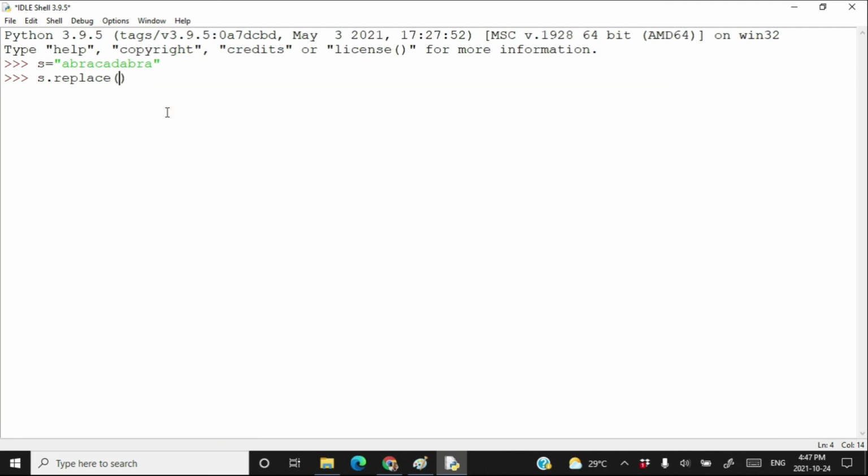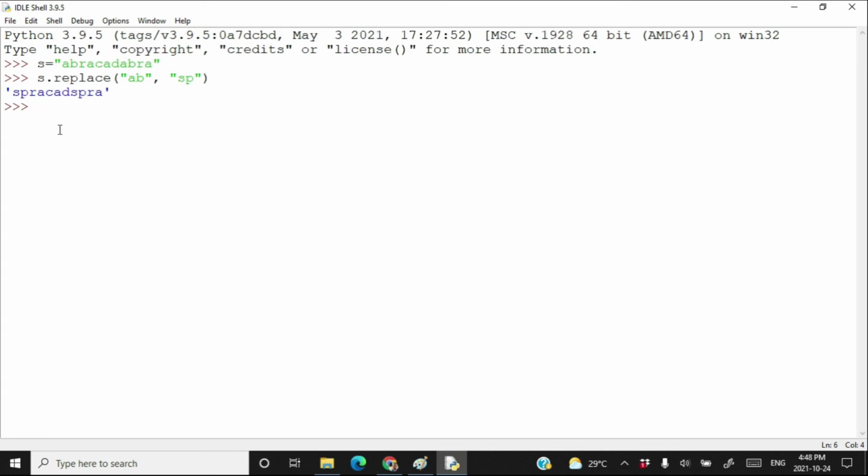You replace the string ab with the string sp. So wherever the substring ab appears, that should be replaced with the substring sp. Press enter, and here you got a new string with the replaced substrings.